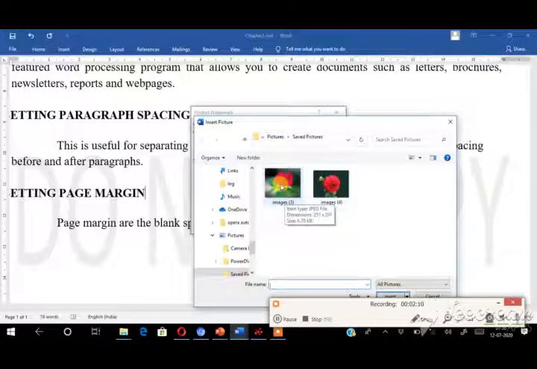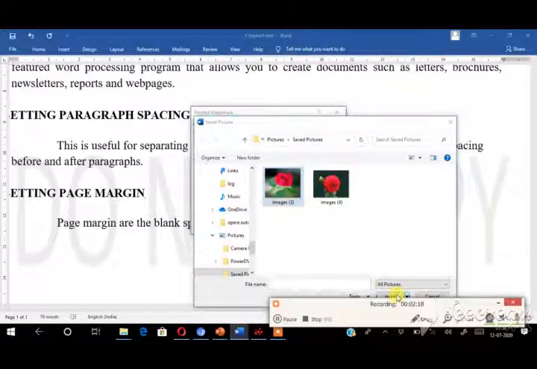Here I choose the picture. This picture I want as a watermark. Choose the picture and click the insert option.